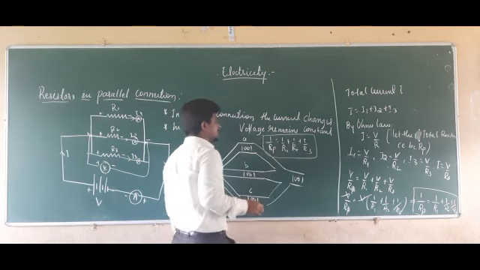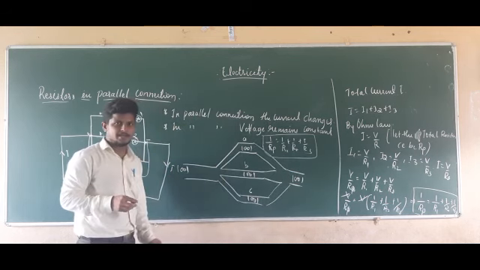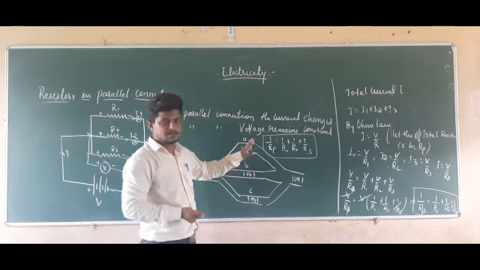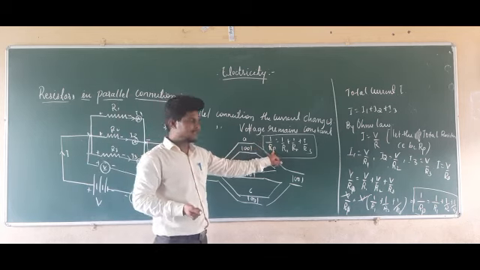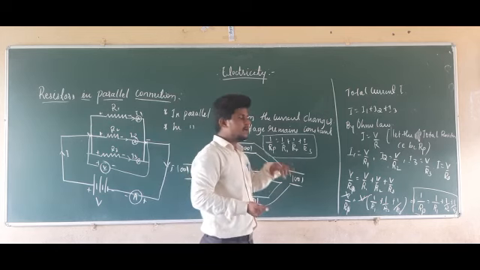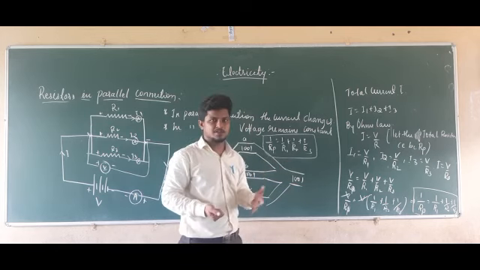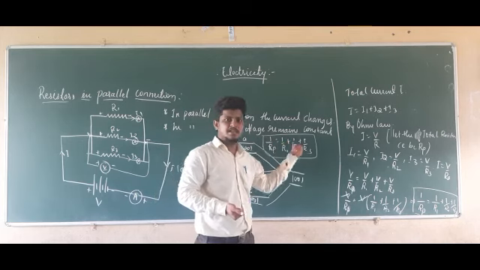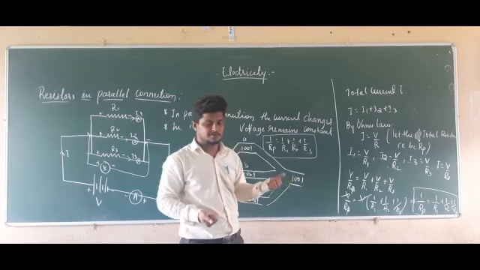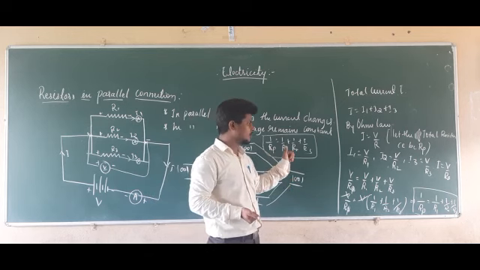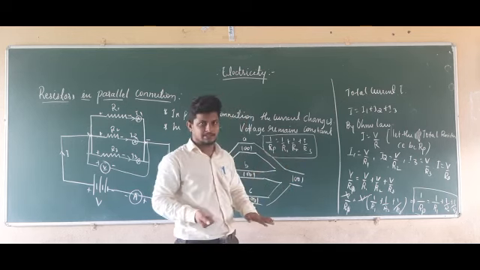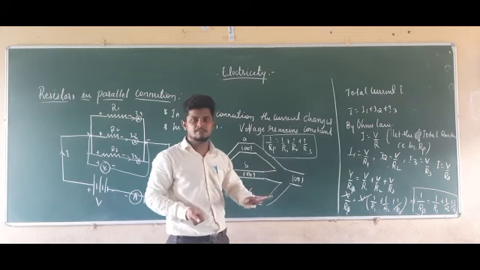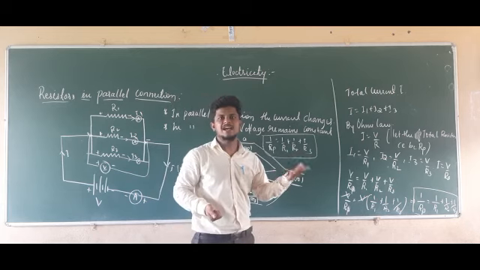So by this we can define the total resistance in the parallel connection. The reciprocal of the total resistance in a parallel connection is the sum of the reciprocals of the resistances of each resistor. So 1 by Rp equals 1 by R1 plus 1 by R2 plus 1 by R3. In the calculation, we have to calculate Rp, so at last, whatever value comes here, we have to reciprocate it and take it as Rp.